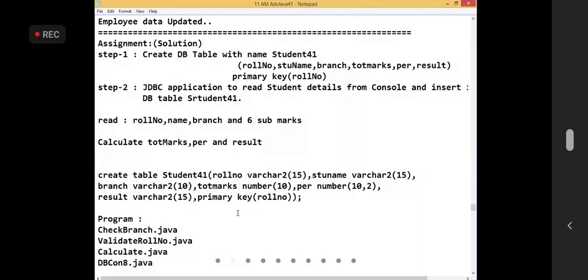There, an HTML form will be there. Their updation we are going to do with HTML form input. We are going to design one form with your knowledge gained from HTML, CSS, JavaScript. One good form will be designed. So using that form, we are going to insert the data through your servlet program with JDBC into the database table. Whenever you want to see the records, we enter that roll number. Based on the roll number, data will be displayed on your web browser in the form of an HTML form. That is one small application we do there. For that, the core Java program is converted into JDBC level.